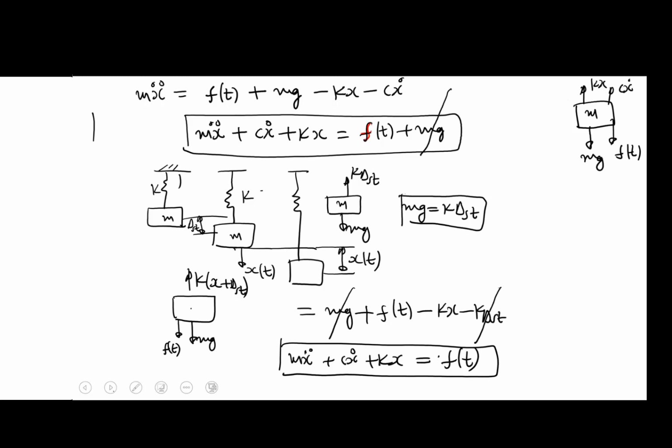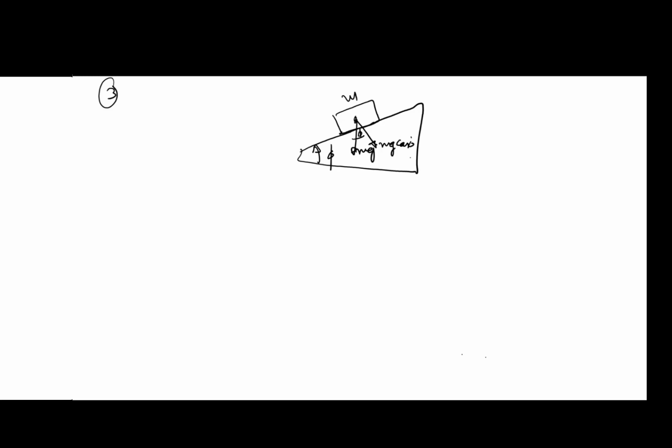So let's see the general case. The general case is the one where the spring mass damper system is on an inclined wedge. So now you have this system having mass m on a wedge where the angle is phi. So you have the mg force. So this angle is phi. We know this component is mg cos phi. This component is mg sin phi. And there is a spring and damper with the same k and c. At static equilibrium, mg sin phi will be balanced by k delta static.